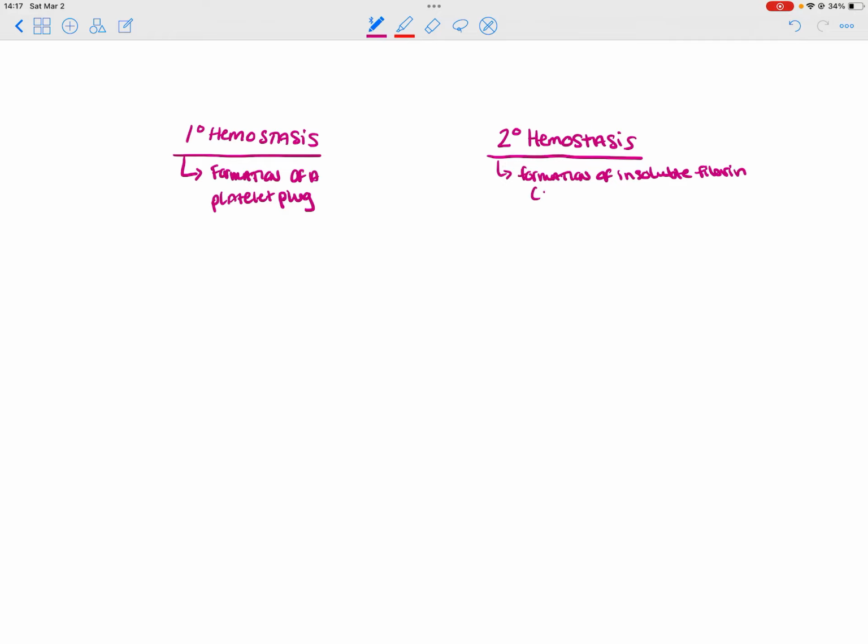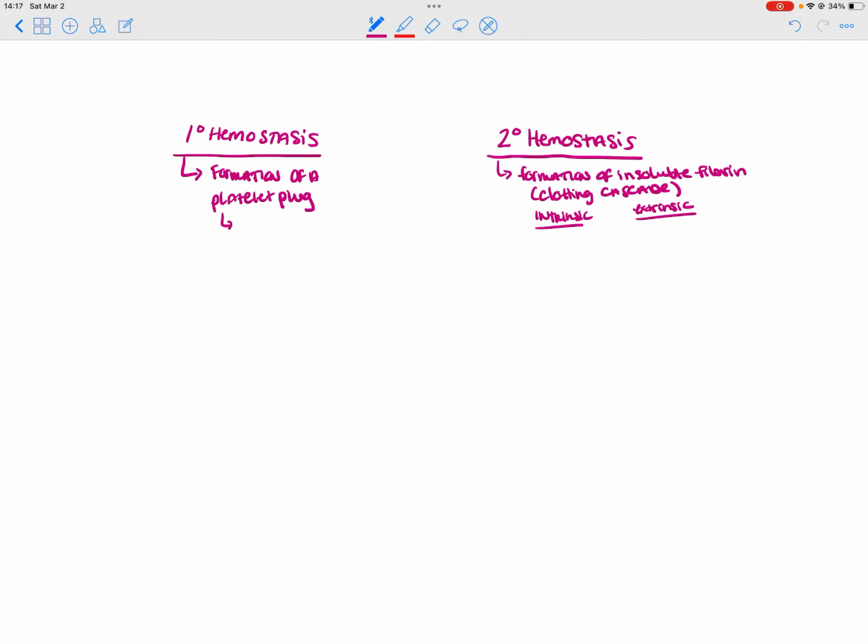Okay, again, this is the clotting cascade, which possesses the intrinsic and extrinsic pathway. So we will talk about this in a later video, really specifically, but keep in mind that